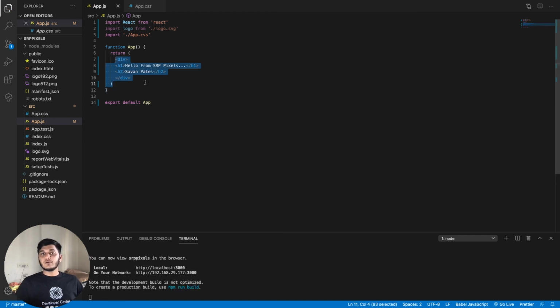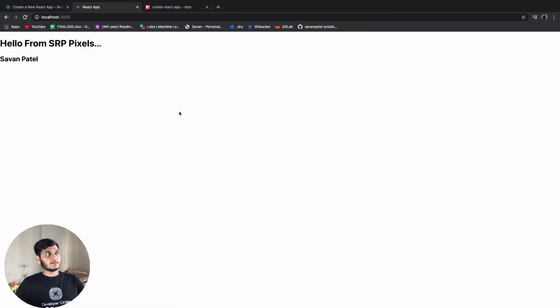So the simple rule is React functions can only return one single element. You can use multiple elements, but you have to wrap them all into one single element. As we have done here, we have enclosed h1 and h2 in a div tag. So now it is working. As you can see here, both h1 and h2 tags are rendered.